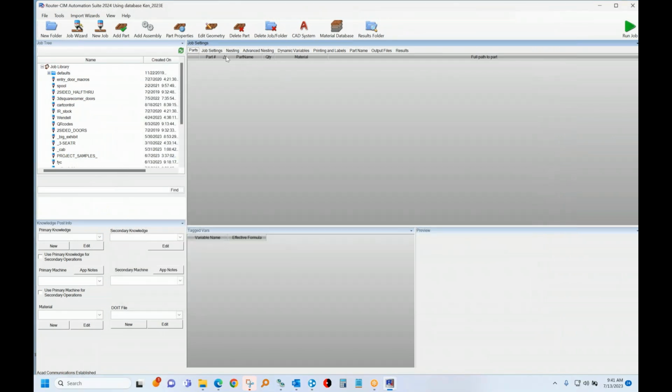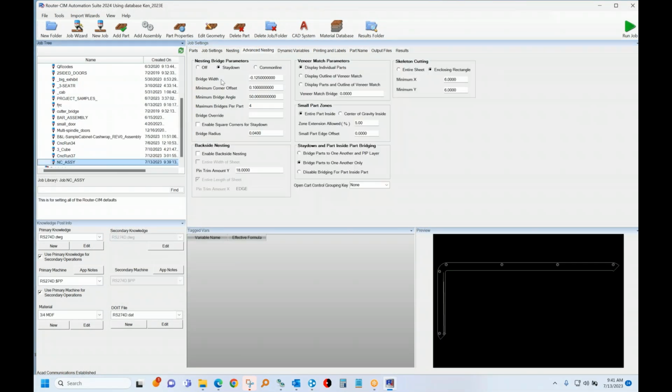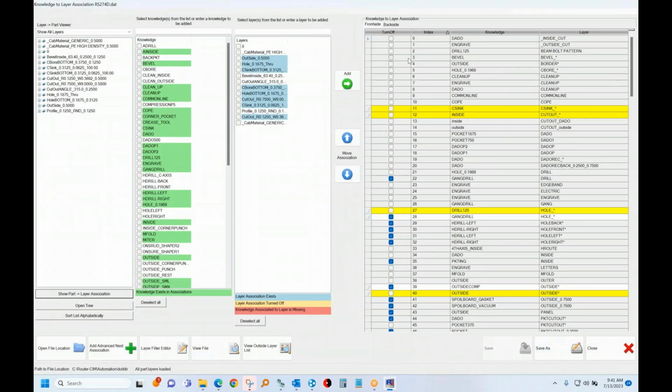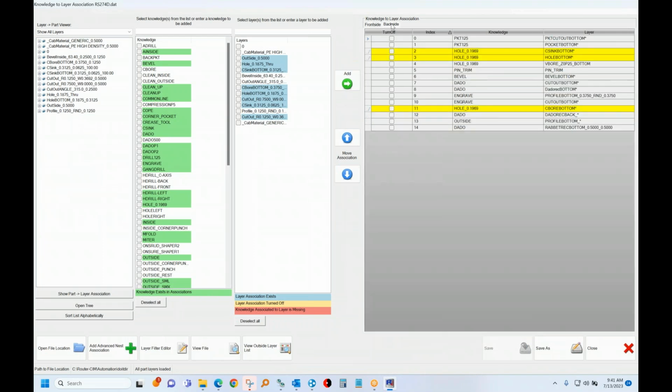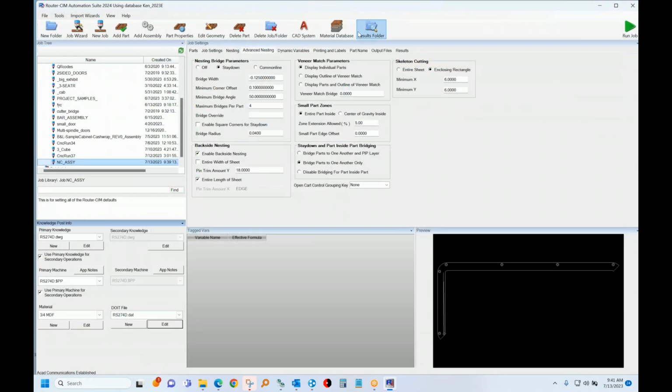So let me show you here. If we go to the Advanced Nesting tab and I turn on backside nesting, okay, in the Do It file, it has what to do with the front side and what to do with the back side. Okay, so here are the angles and the bevels and the profile. I did not have a knowledge associated with those, but you see it puts some counterbores and countersinks on the bottom. Okay, so those are all set. So now if we run the job again,